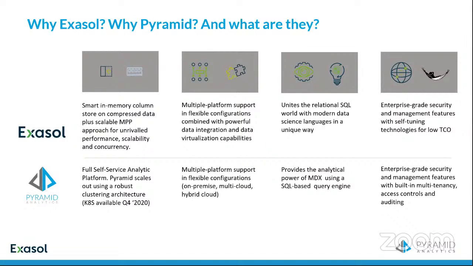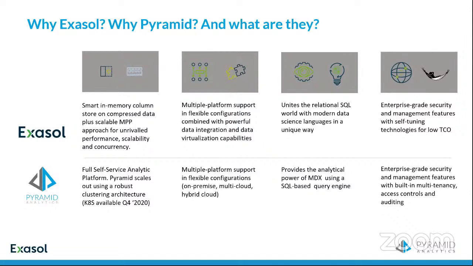Pyramid provides tools and what we call apps to provide everything from accessing raw data from multiple locations, to be able to blend that data together, prepare the data, to be able to write that data model to a number of target systems. And of course, Exasol being one of those, and we'll see some more of that a little bit later. Pyramid is able to scale out using a robust clustering architecture.